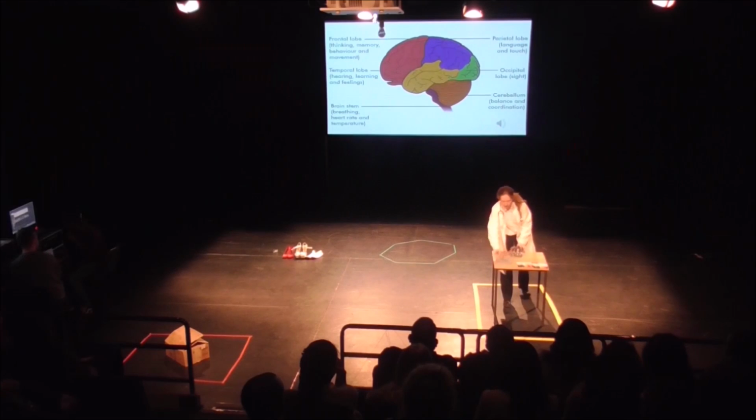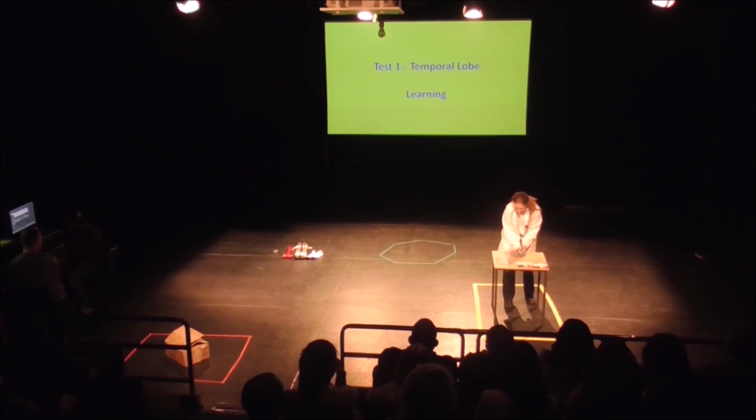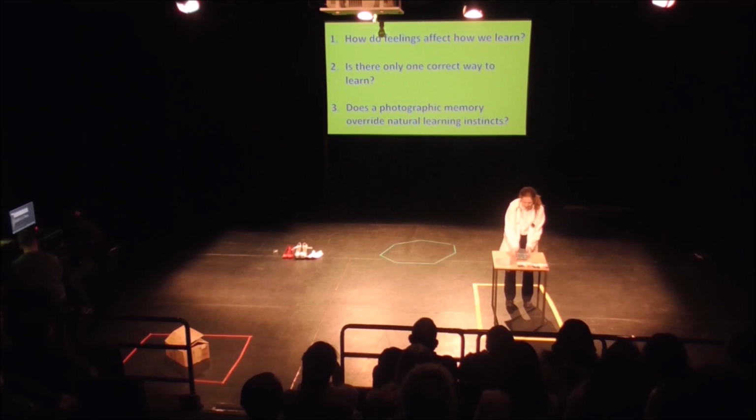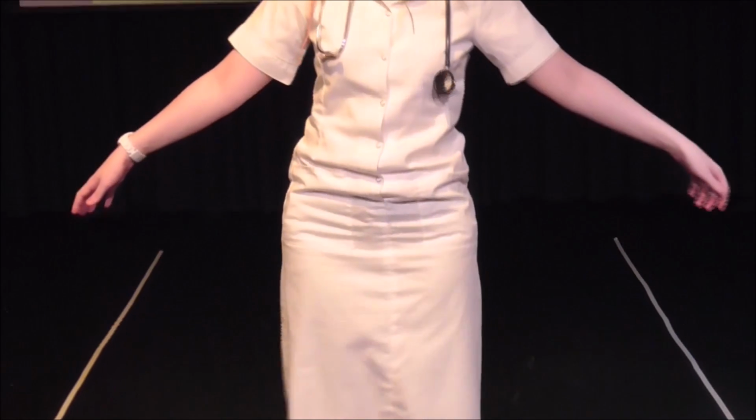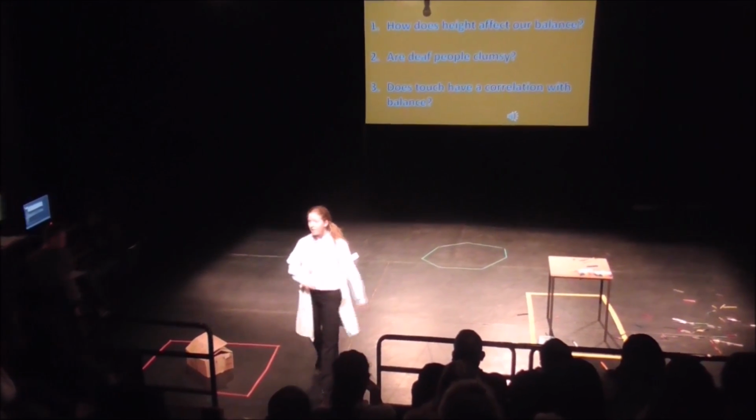I found it quite interesting how I included the colours of the brain and how I incorporated that into the performance. It was suggested to me by a colleague when I was doing one of my performances at the practice that I included the different colours, so that the red would be where the frontal lobe is tested, the yellow would be where the temporal lobe is tested, the blue would be the parietal, and orange would be cerebellum, and so on.